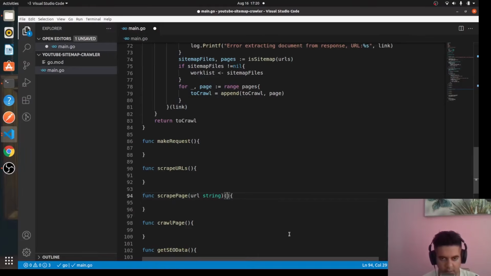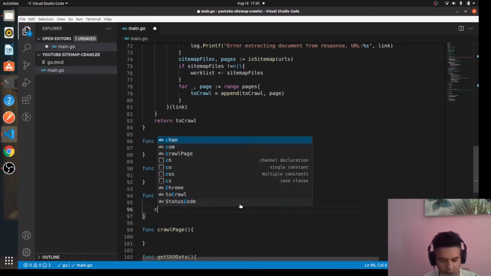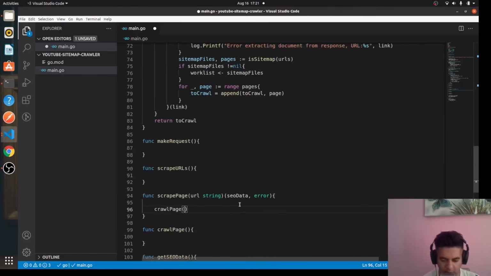It takes a URL which is a string, and it takes other things. Let's not talk about those, it'll confuse you. And it returns some things. The scrape page function returns some things. So one thing that it returns is SEO data and error, right? So the SEO data that we want, it will return from here. And so what this function does is it calls another function called crawl page, which returns a response and an error. So if error not equal to nil,